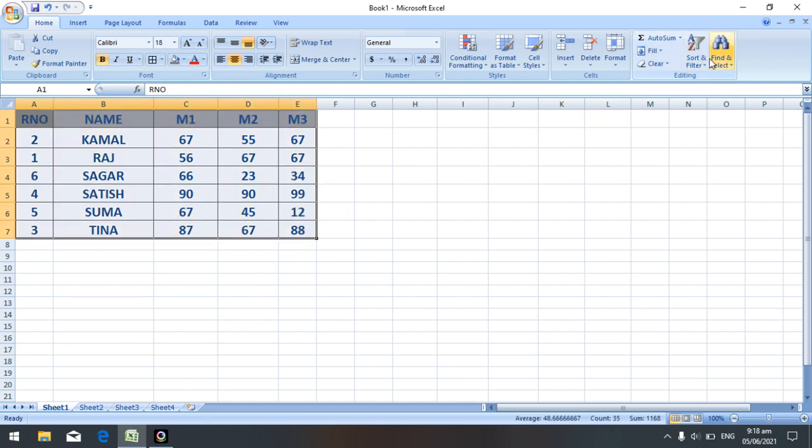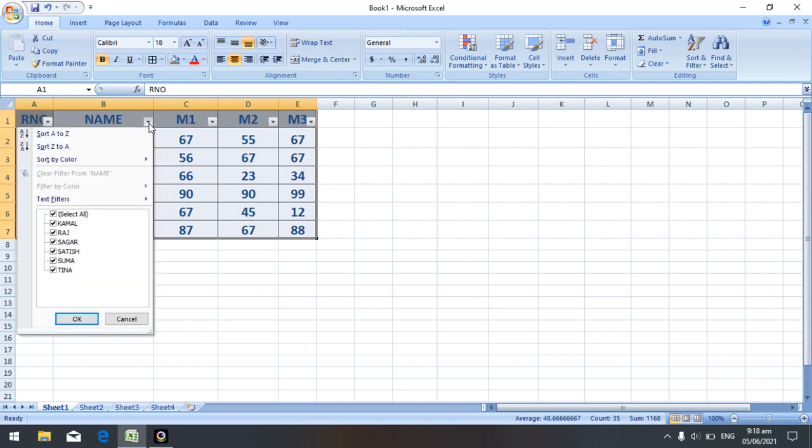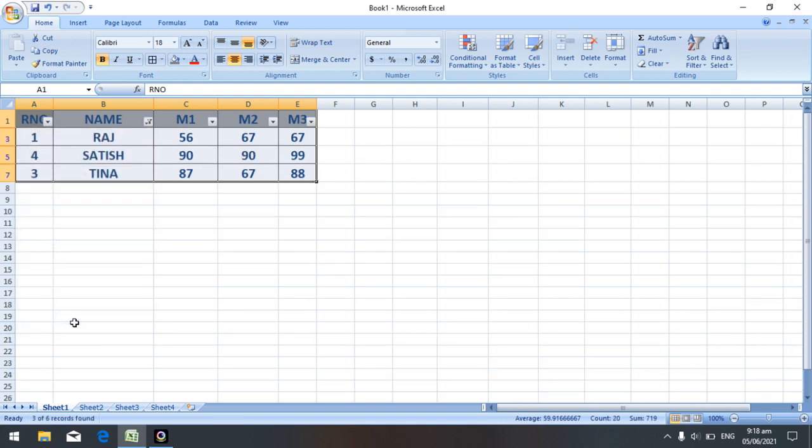Next one is filter. If I select the filter option, it filters the particular table according to your need. If I want to display only 3 names, so click on OK option.